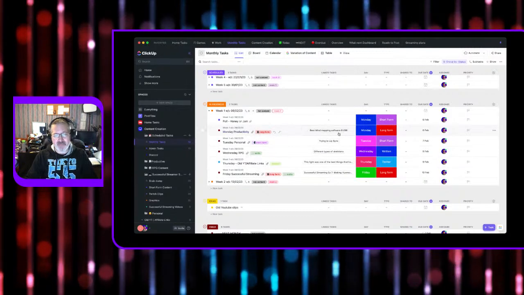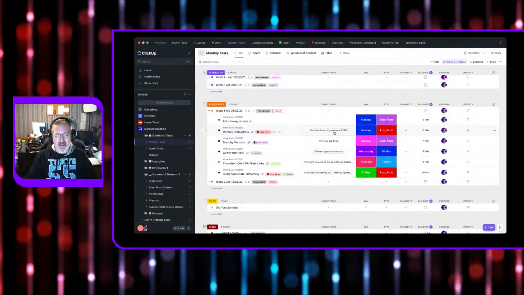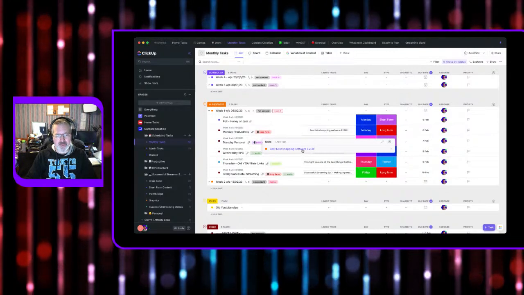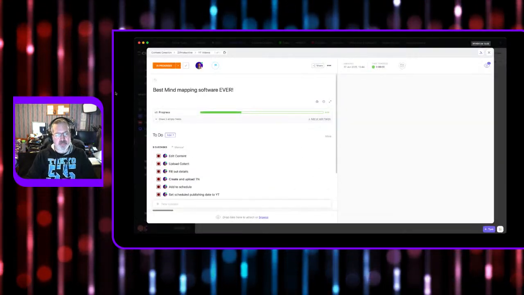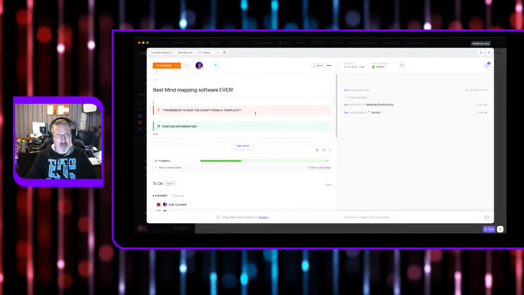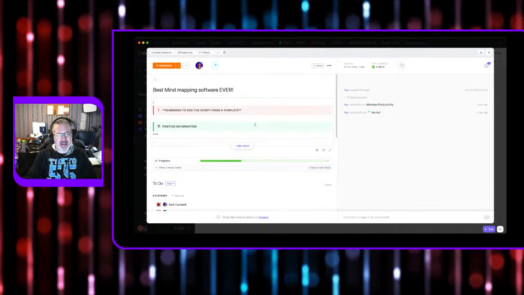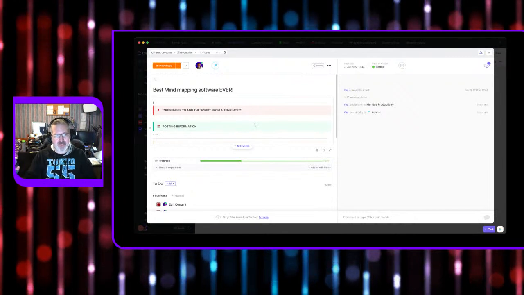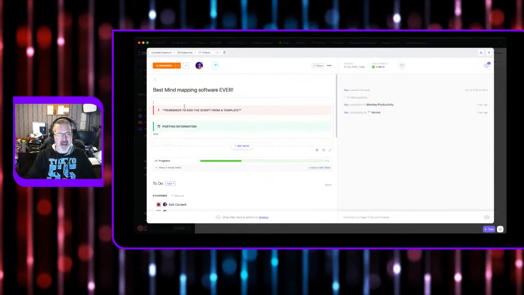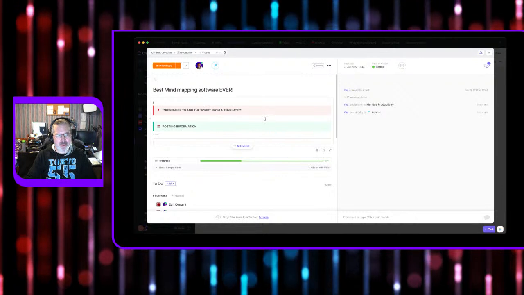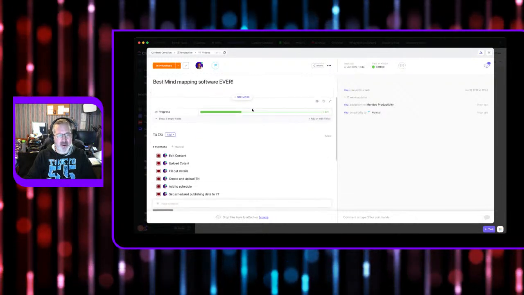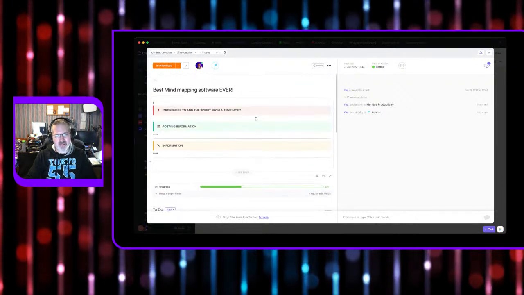This is the video that I'm going to edit shortly, probably off stream. So this is my best mind mapping thing ever. This is a template. So once I create one, I import the template and it gives me all this information to put on. That's all it is.